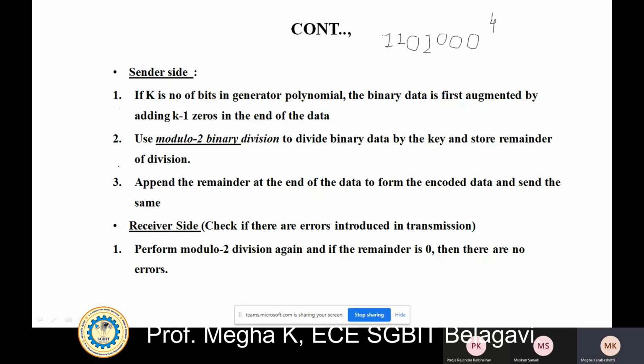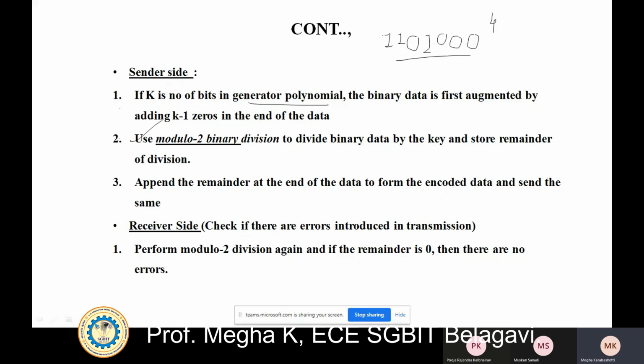Now the second step: modulo 2 binary division is performed. For division, a dividend and a divisor are required. This data is taken as the dividend, and the generator polynomial is taken as the divisor.